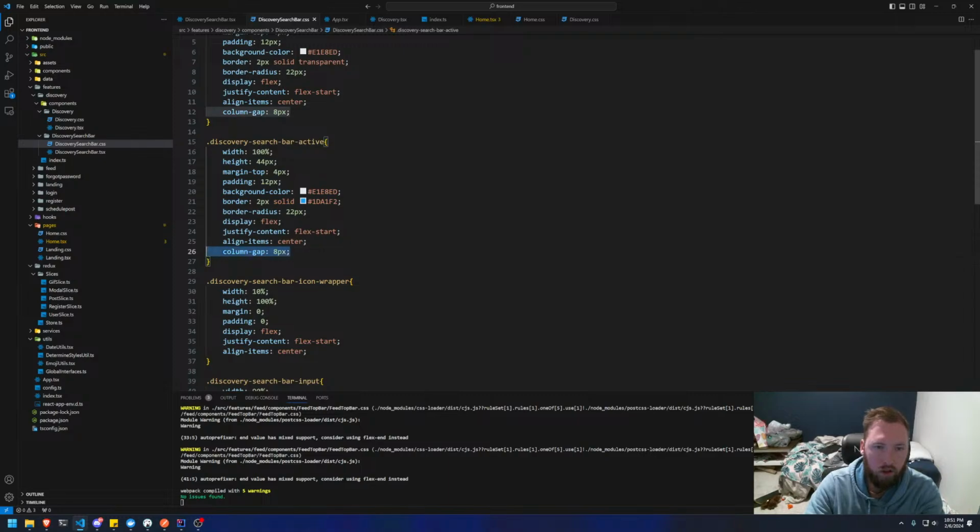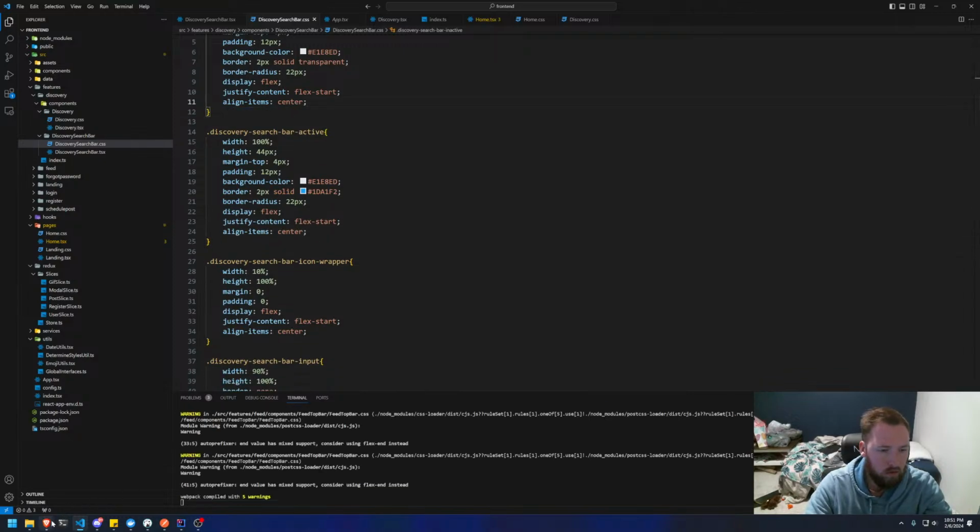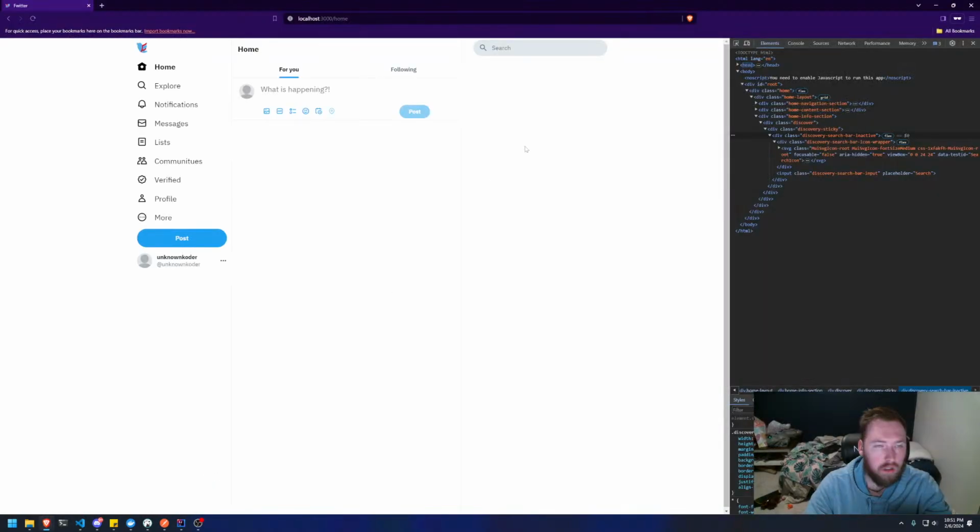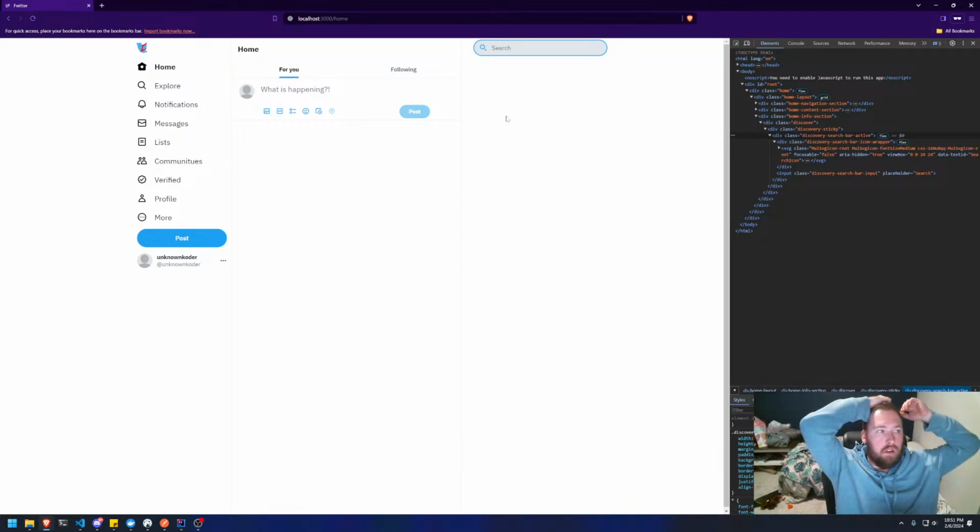What if we get rid of column gap altogether? I feel like it's too close. Honestly, I think that's probably good. It looks a little small, but I think it's probably fine. And if we wanted to, very quickly,